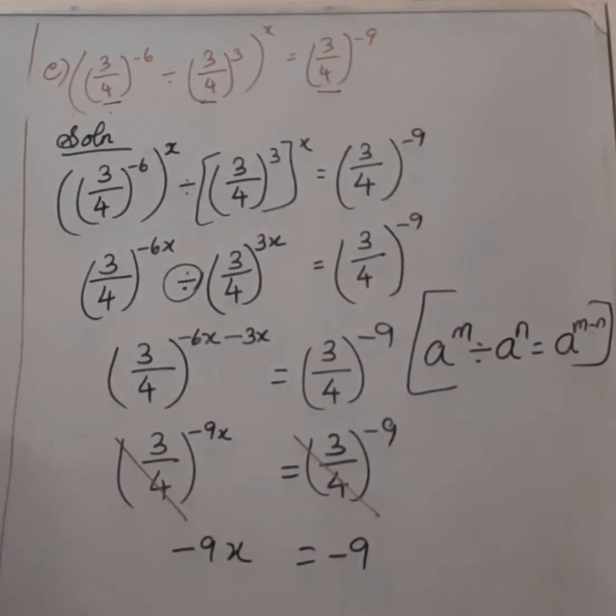Let us see here. We have a minus on both the sides, so cancel that too. Okay. Now what is the remaining thing? 9x equal to 9. So x equal to 9. Here it's multiplication, here it becomes division. So 9 by 9, we cancel, which means we get the value as 1. So x equal to 1 is the answer for this sum.